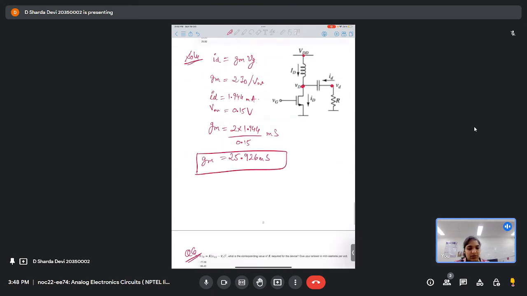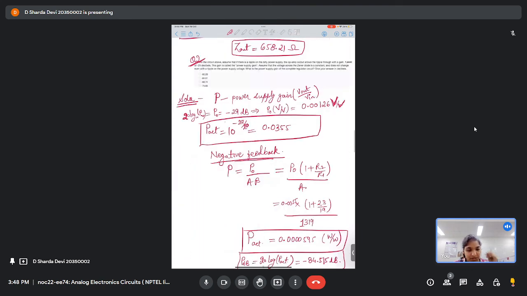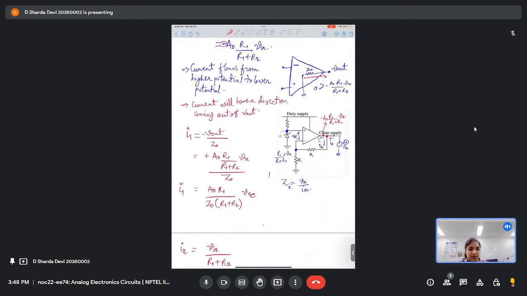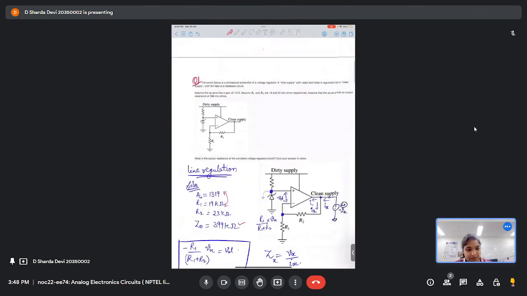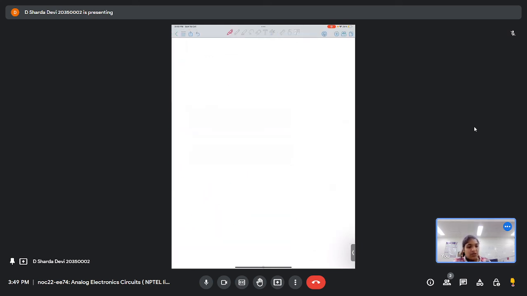So all these questions were based on the single circuit, whereas the above two questions were based on this particular circuit, that is the op-amp based regulator. Now there is something I would like to discuss which is related to these op-amp based regulators only. So for op-amp based regulators,